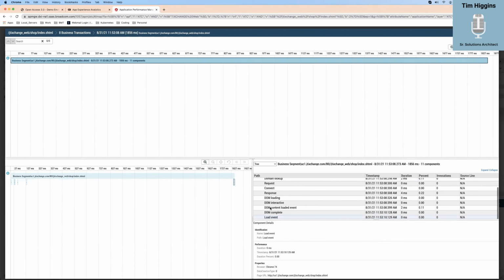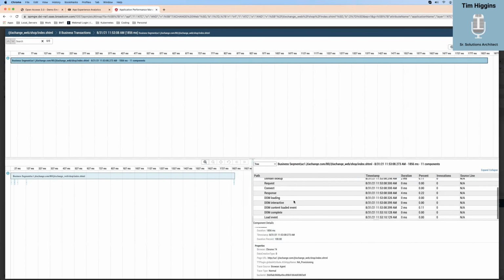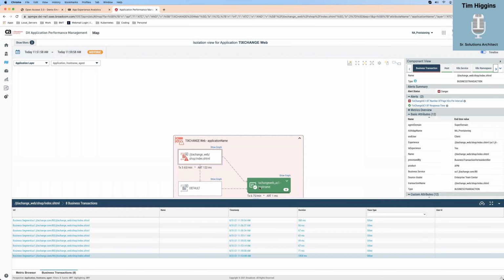Now that was a lot of bouncing around, so I'm going to recap real quick. As I can see, there's a lot of good information here. And of course, you would have a lot more depending. We used to call this the upside down birthday cake because it should look similar to a cake. Now, each of these are flows based off of that user's action. So whatever the user clicked or moved forward, you would see that transaction flow through here. And if there's database calls, I'll be able to see the SQL calls. If there's method calls, like this is a load event, or some coding calls, then you would see those as well.